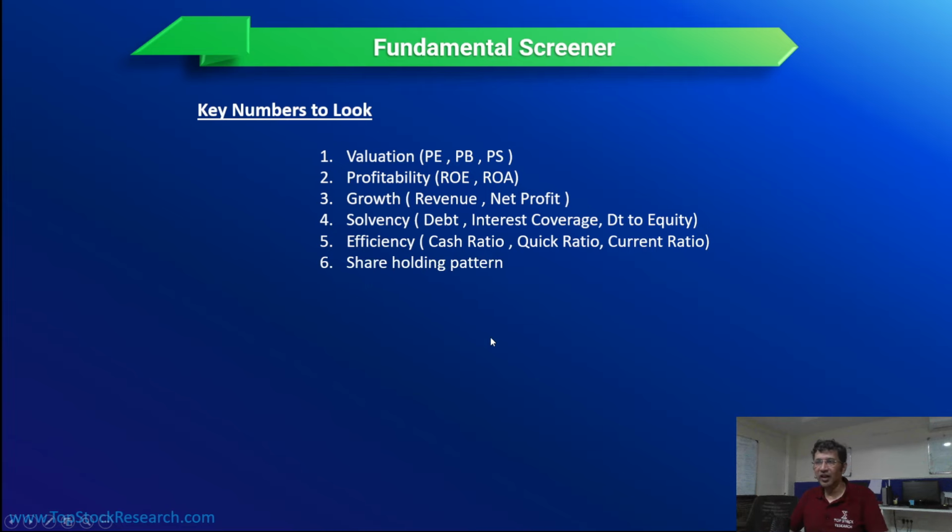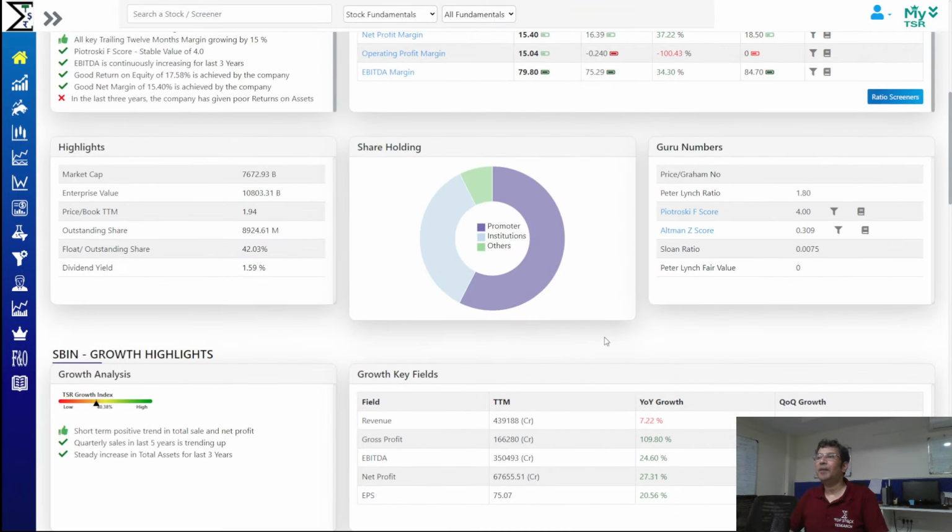Then you have shareholding pattern. Shareholding pattern is also a very important part, which tells who drives this company. Is it a promoter driving the company? If the promoter is driving the company, the promoter can do a lot of things which a lot of investors may not like, because they have the majority shareholding. Like in this case, the promoter's shareholding is 57%,